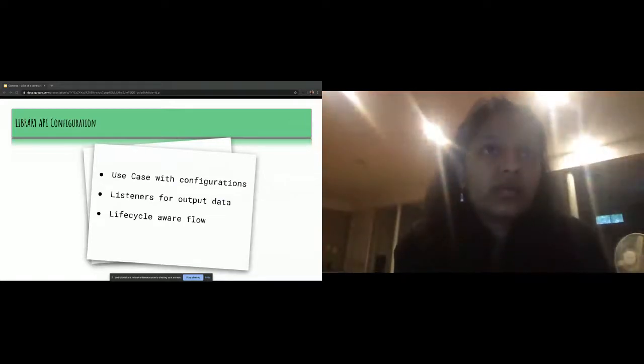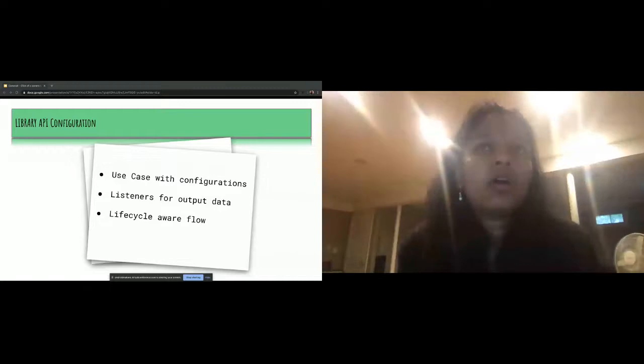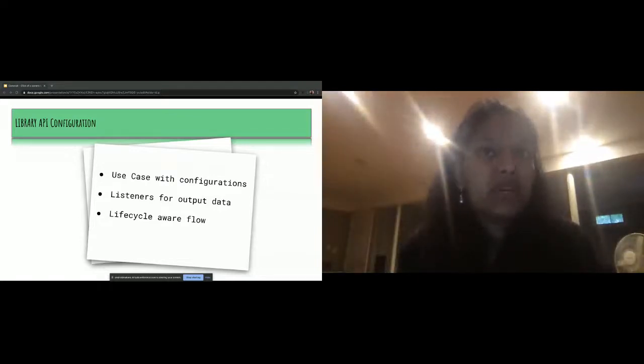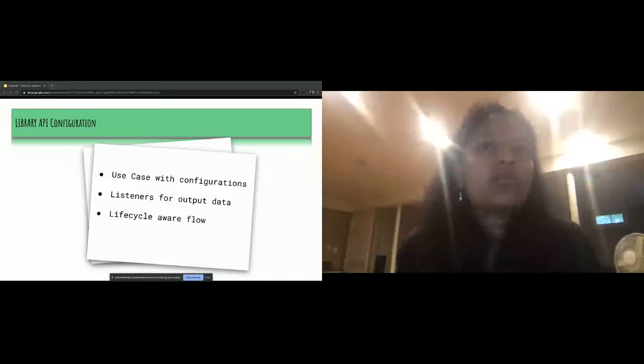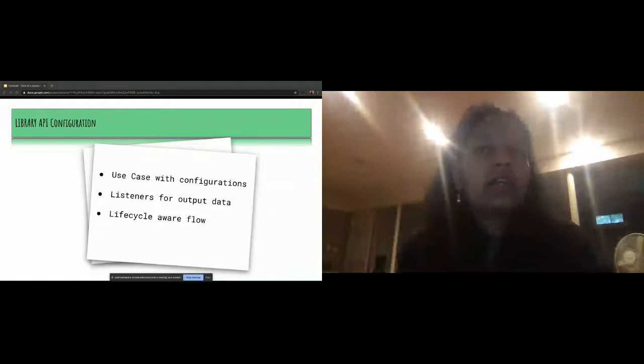So in order to get started with CameraX use cases and demonstrate how you need to write a minimal amount of code to carry out the actual task, you just need to specify three things. A, configuring the actual use case with its own set and build methods. B, attaching the listeners to specify what to do with the output data, and also binding to the owner's lifecycle, which means we as developers, again, don't have to worry about specifying start or stop methods explicitly. It becomes the responsibility of the lifecycle owner to update CameraX, to update its state changes, matching the lifecycle transitions.